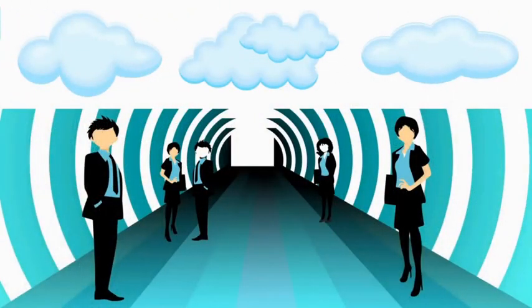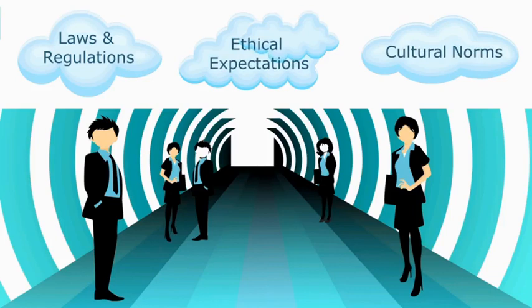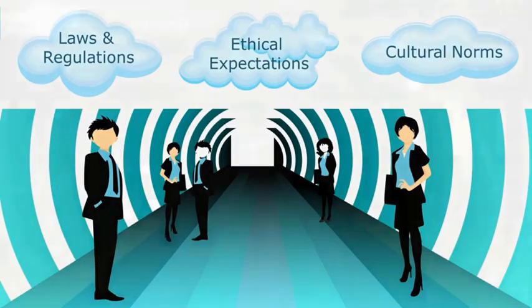Now, third, there is legal and social pressure. Laws and regulations also shape HR strategies. Does the law require you to provide certain benefits? Do you have to provide advance notice of scheduling? Do you have to consult with the Works Council or bargain with a union? Beyond the law, there are also social pressures. Customers or politicians might have ethical expectations of you, such that you treat labor and environment in a certain way. And HR strategies also have to fit with a local culture. So cultural norms can be another influence on HR strategy.